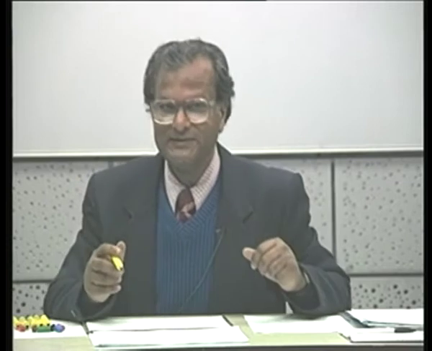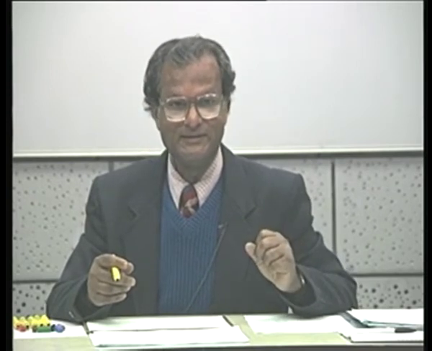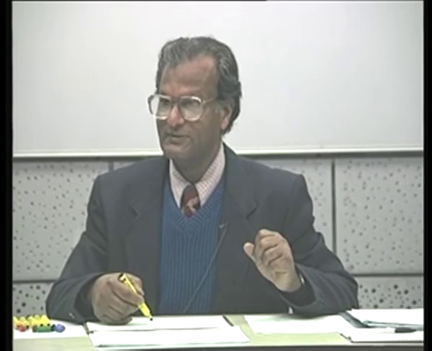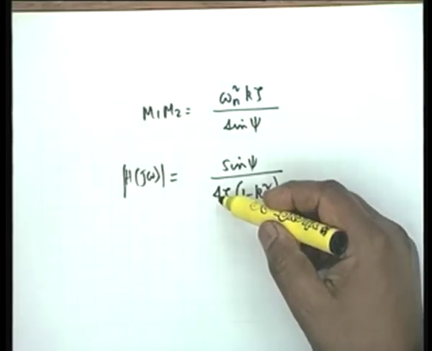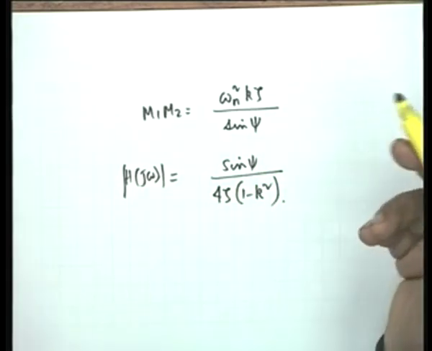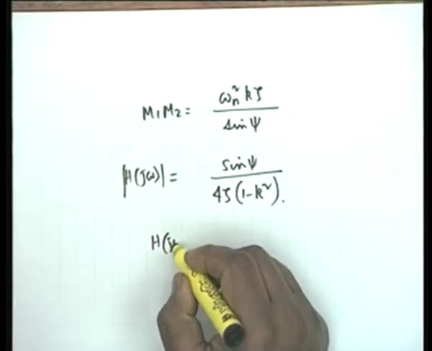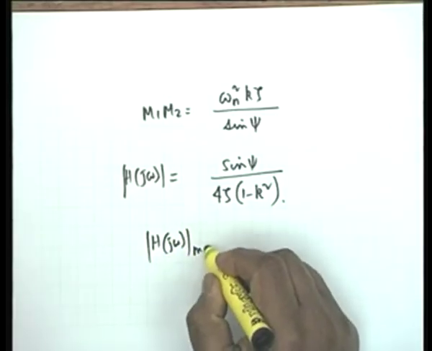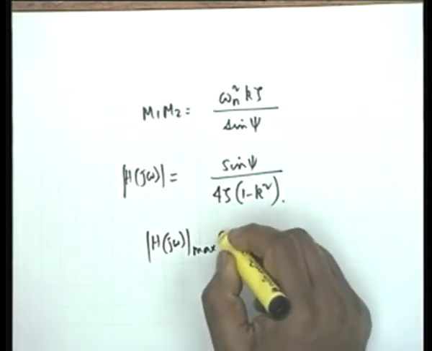What does this mean? That the maximum value here would be much higher than the maximum value in the previous case. Is that clear? Because of the occurrence of zeta. Psi is a very small quantity, it is increased by a factor of 2 but decreased maybe by a factor of 100, and therefore you will get a much higher value. Okay. So the maximum value H_j(omega) max would occur when psi is pi by 2, and therefore this